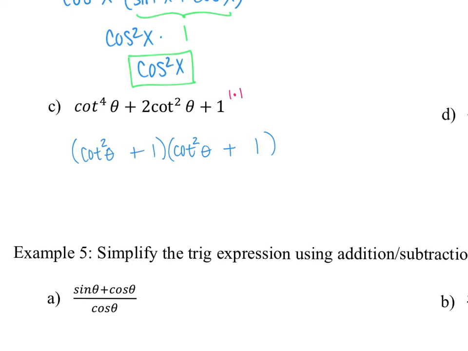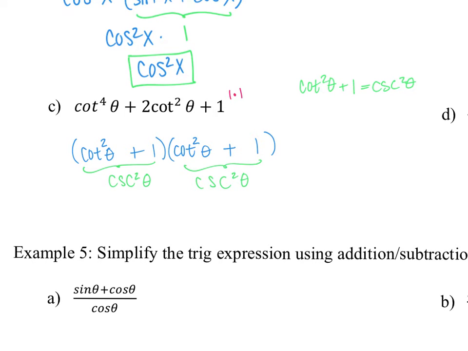So the Pythagorean theorem that has a cotangent squared is cotangent squared plus 1 equals cosecant squared. So lucky for me, I have a plus 1 that's joined with the cotangent. So it says that cotangent squared plus 1 is cosecant. So I know that this is equivalent to cosecant squared. And since this one is the exact same, I know that this is cosecant